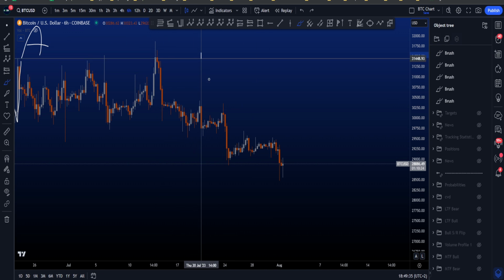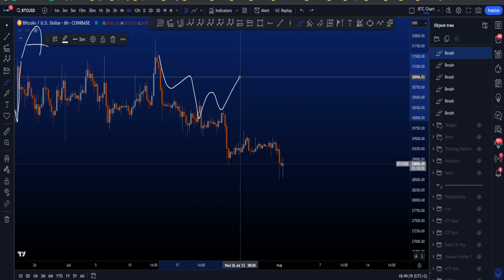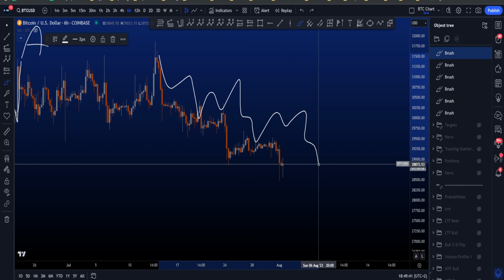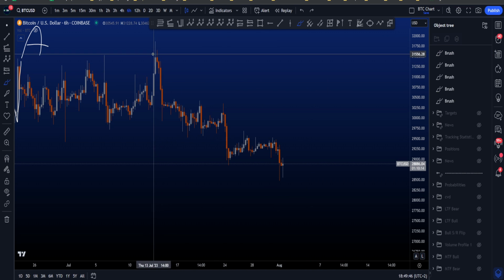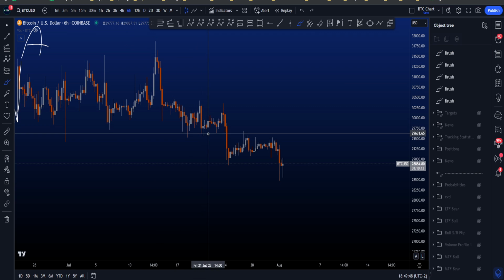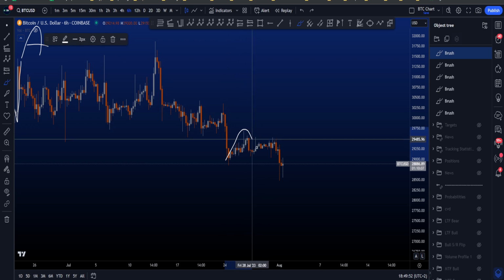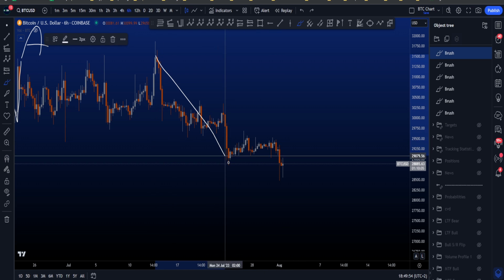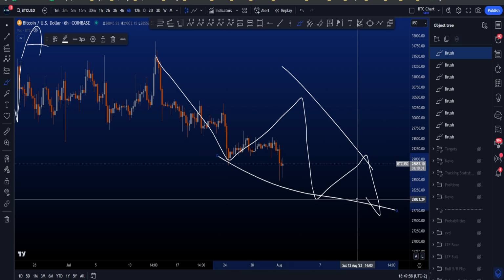An ending diagonal should always be zigzags, so each wave should be a 3-wave structure for then eventually a zigzag contracting diagonal like this. However, this is clearly not a zigzag structure to the downside. The first zigzag structure is this one over here, and if we are then looking for another zigzag up to make this a wave 1, 2, and then eventually 3, 4, 5 in a diagonal like this, well, the problem